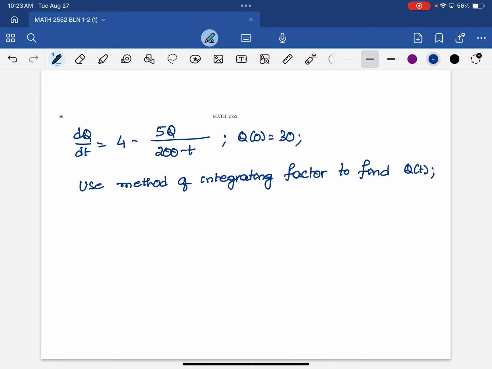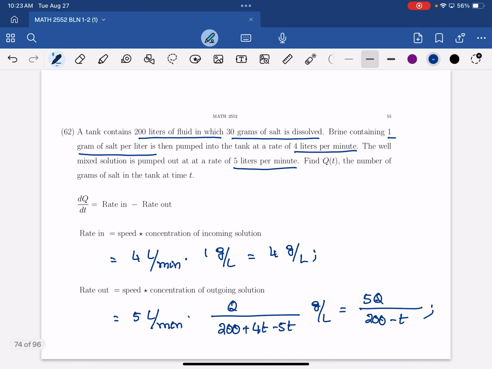Clear? Can you go on? Yeah, for the first one, wouldn't the units be grams per minute? Yes. The liters get cancelled out, so I get grams per minute. Yes. So basically,